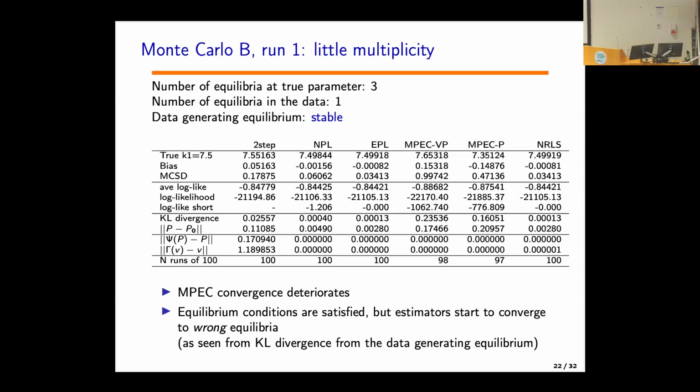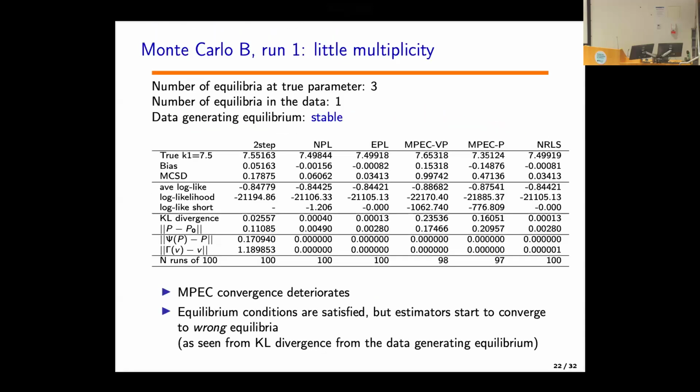Yeah. The way that we now are trying to say whether we are at the right equilibrium or not is to calculate the KL divergence over the set of all possible trajectories that correspond to a particular equilibrium, given the choice probabilities and the transition. And that's a fixed point problem, essentially, to calculate this measure. But in a simple sense, you can also just take the absolute difference between the choice probability from the state space. In the next slide, you will see it more.